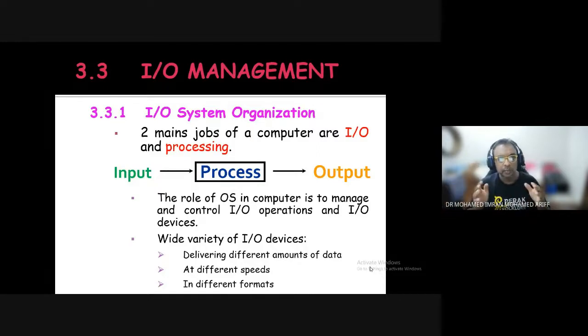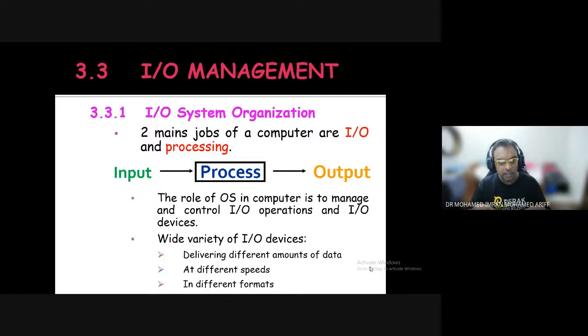Okay, so the input can come from any type of input-output devices. It can even come from your mouse, from the keyboard. Even if you download a file from the internet, it's also considered an input. Okay, and sometimes an input also comes from another process as well. Okay, let's say for example,